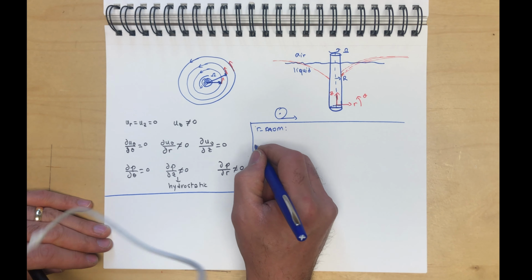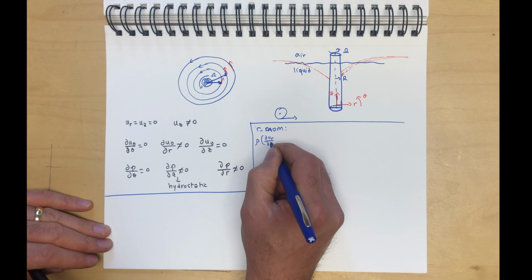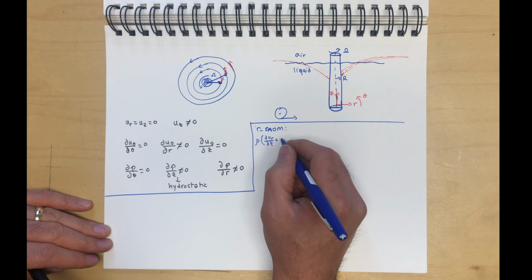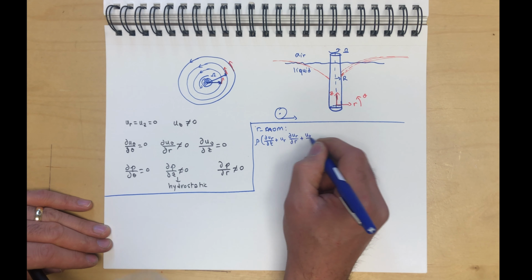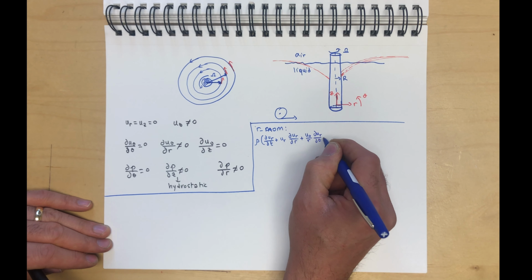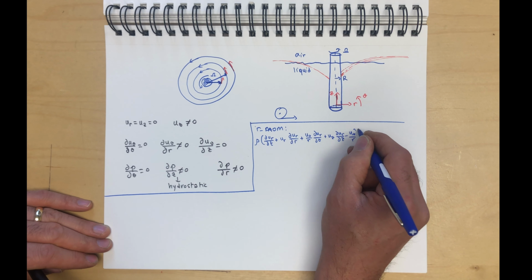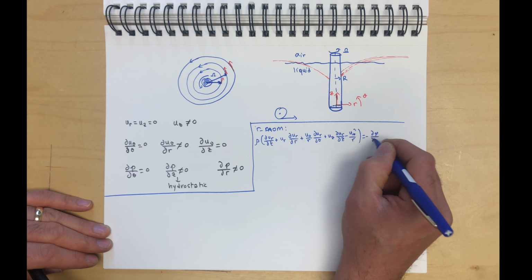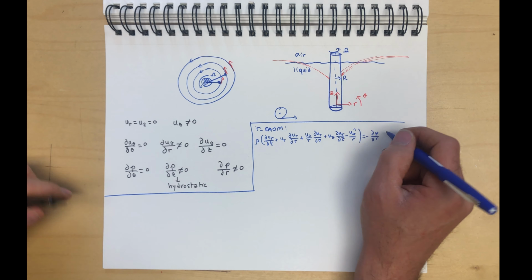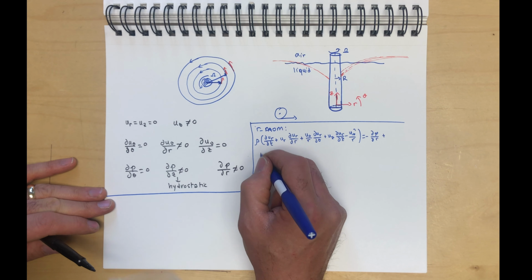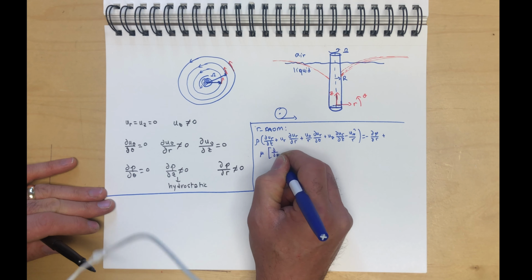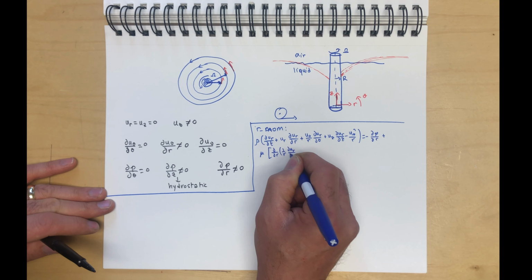We have rho times du_r by dt plus u_r du_r by dr plus u theta over r du_r by d theta plus u_z du_r by dz minus u theta squared over r is equal to minus dp by dr plus mu times d by dr of 1 over r